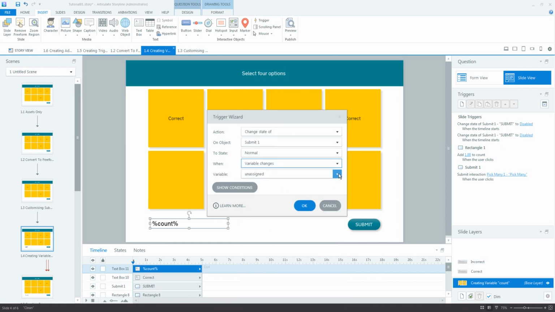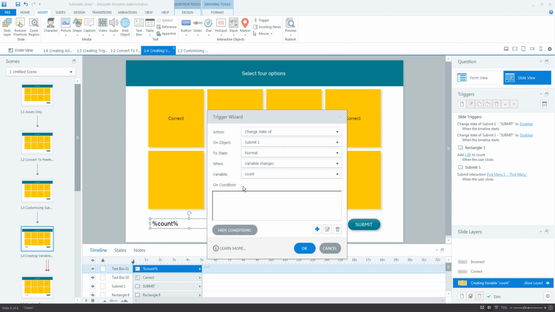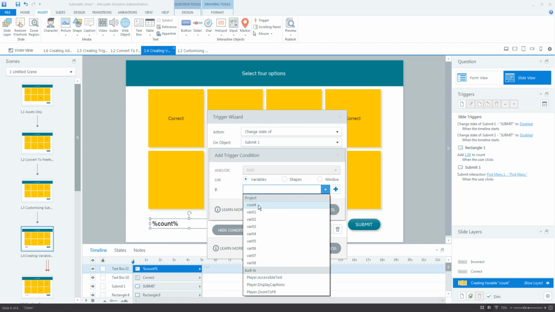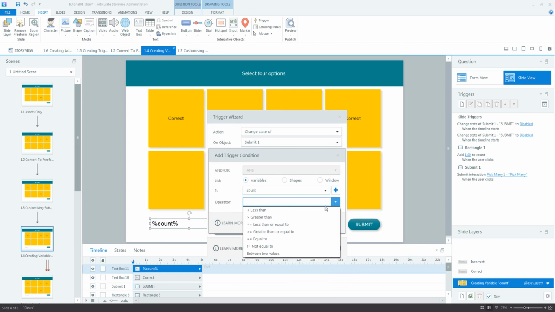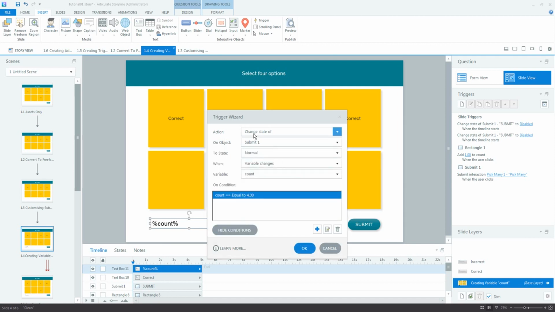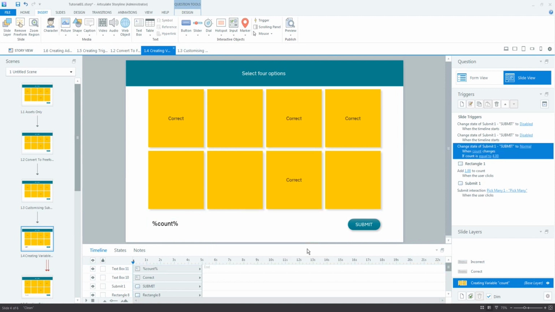The variable that we are tracking is the variable count. And the condition is as follows. If the variable count equals 4. Okay, so once again, if count equals 4, what's going to happen is that the state of the submit button is going to change back to normal. So okay that.